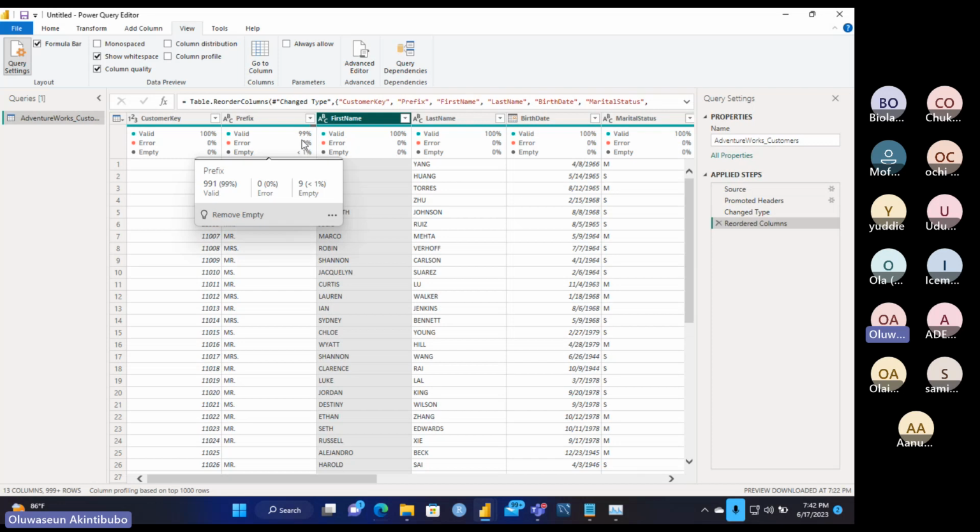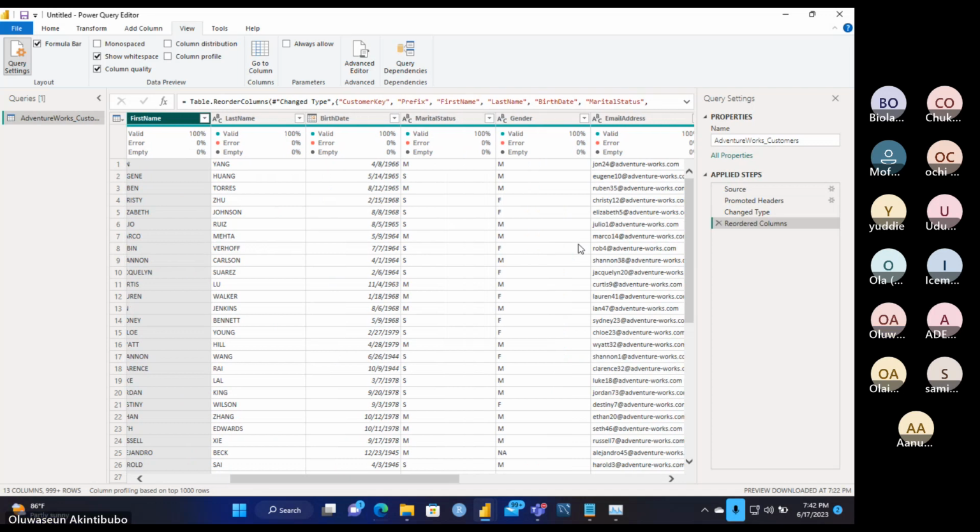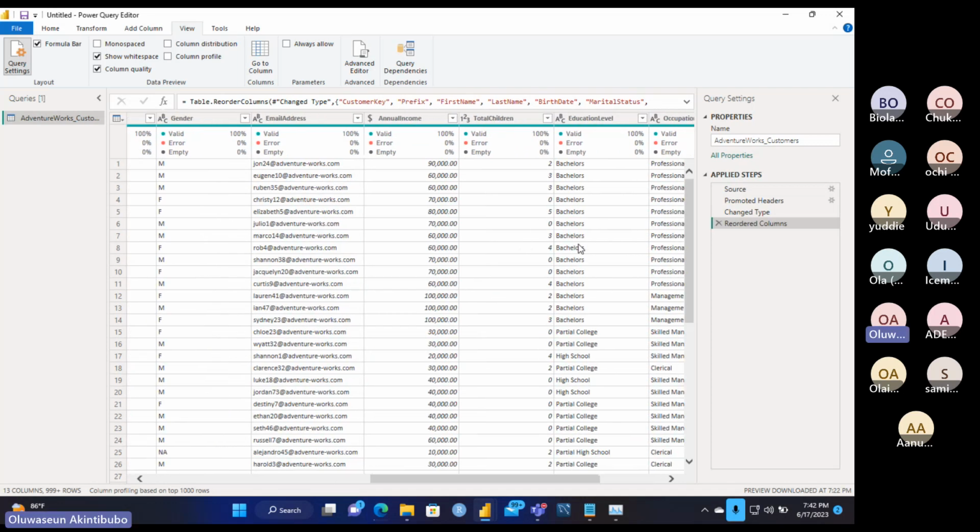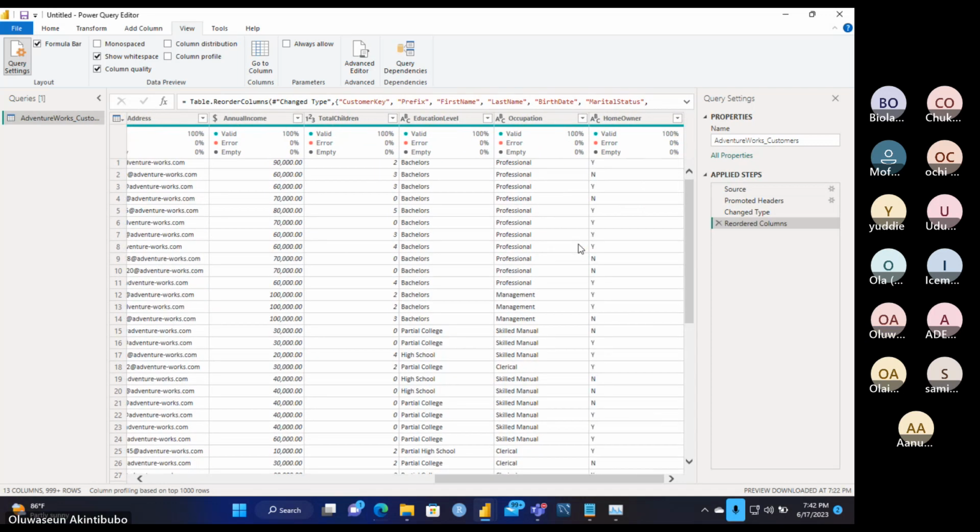So you can see it tells us the summary about the quality of each column, right? This is a 100% perfect column and so on and so forth. Let's see if we have any column with defects. All right, so basically all our columns are good, right? That's basically what it means. All our columns are good.